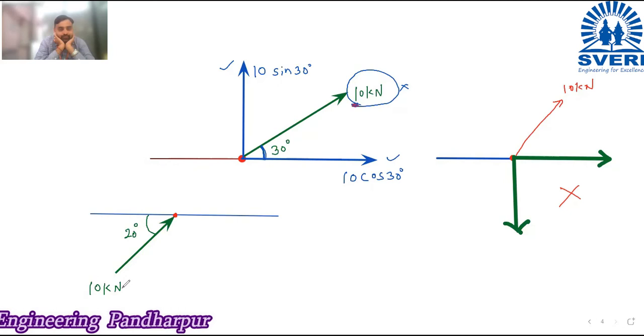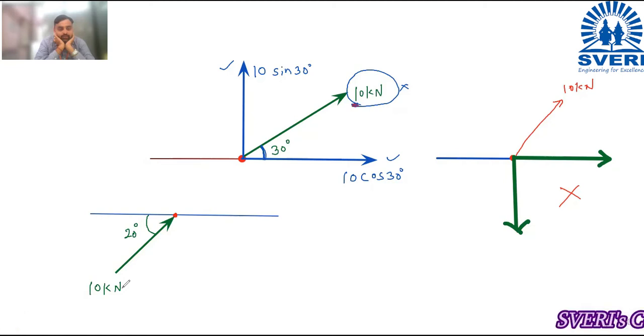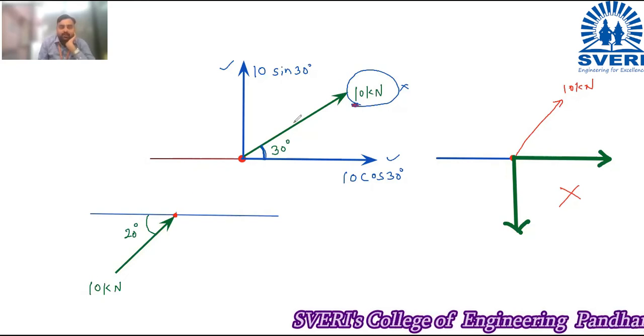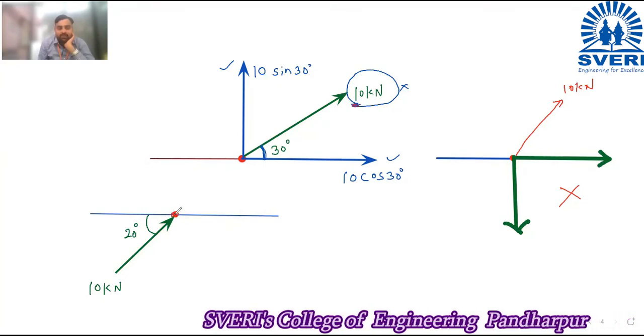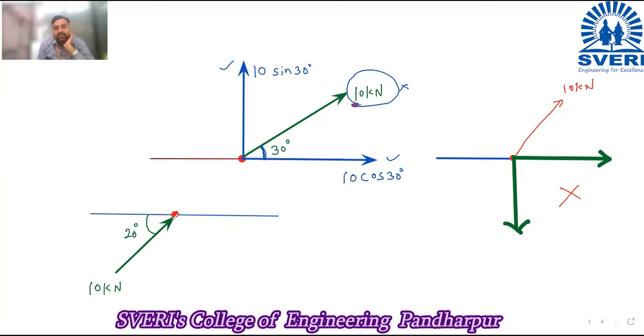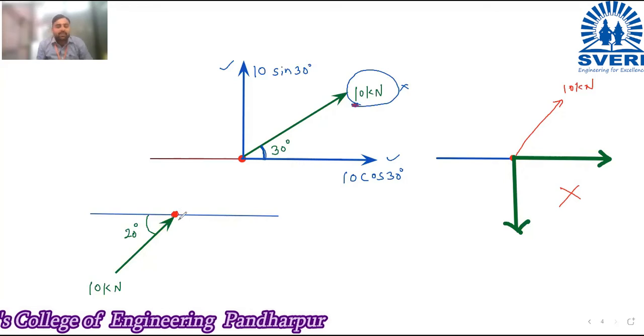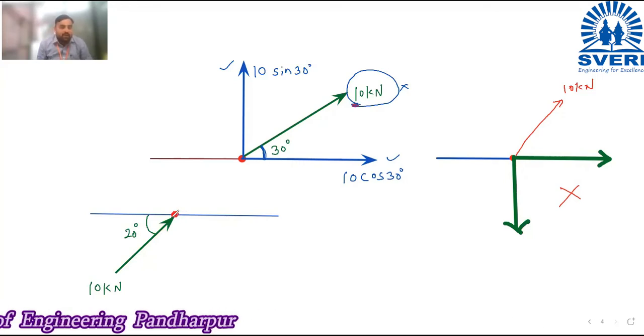So first point, where the force is applied. Second point, direction of the force. Okay, the first point is where the force is applied. So here the force is applied. This is the point of application of the force. Second thing is the direction of the force. Direction of the force is towards the point. So it is the compressive force. Okay. Now third point.